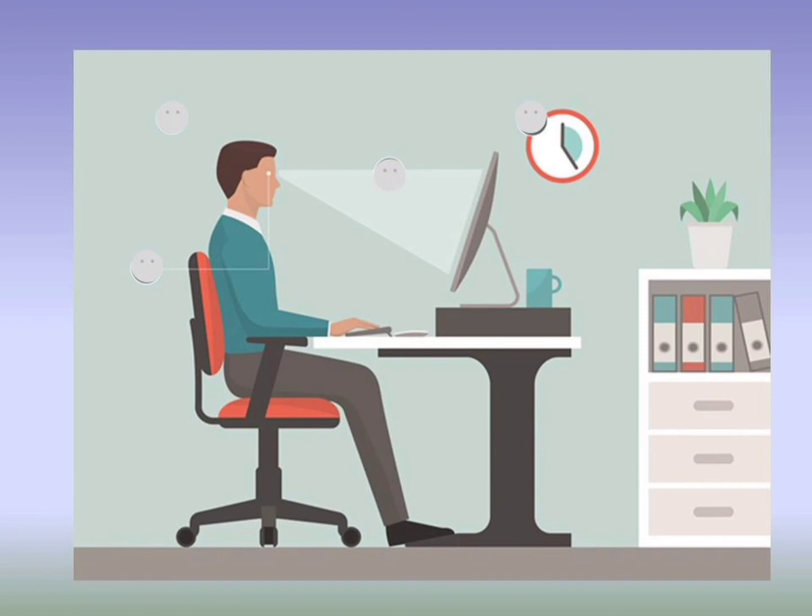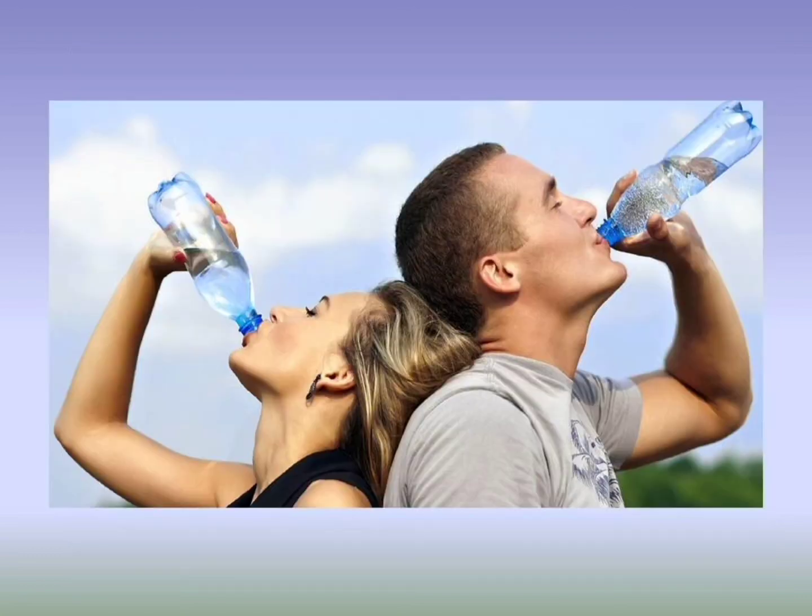Adjust your workstation and chair to the correct height. Position your computer screen about 20 to 24 inches away from your eyes. The center of your screen should be about 10 to 15 degrees below your eyes, for comfortable positioning of your head and neck. Tips to stimulate tear production.